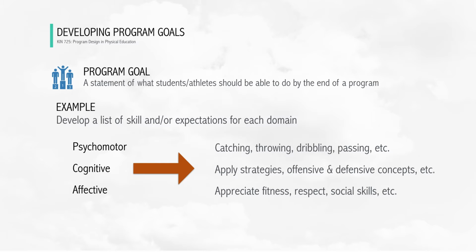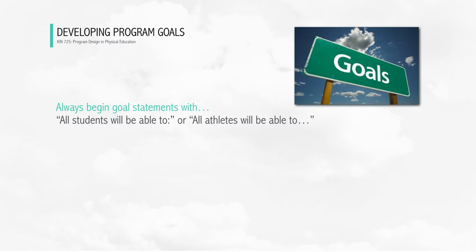So as you complete this process, you'll have a list of topics that you can begin to work with. Next, you'll edit the listing and include the topics that you really want to include in your program. Those things that you find are extremely important to you and to your program should be the things that are listed for your goal statements. And when creating your goal statements, they must be student or athlete focused. And this is done by simply beginning the statement with the phrase, "All students will be able to," or "All student athletes will be able to." If it's just solely on athletes, "All athletes will be able to."